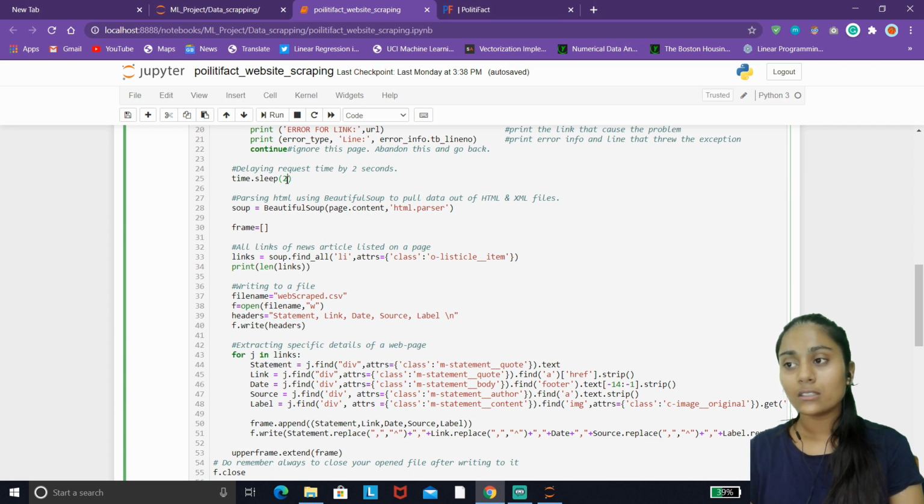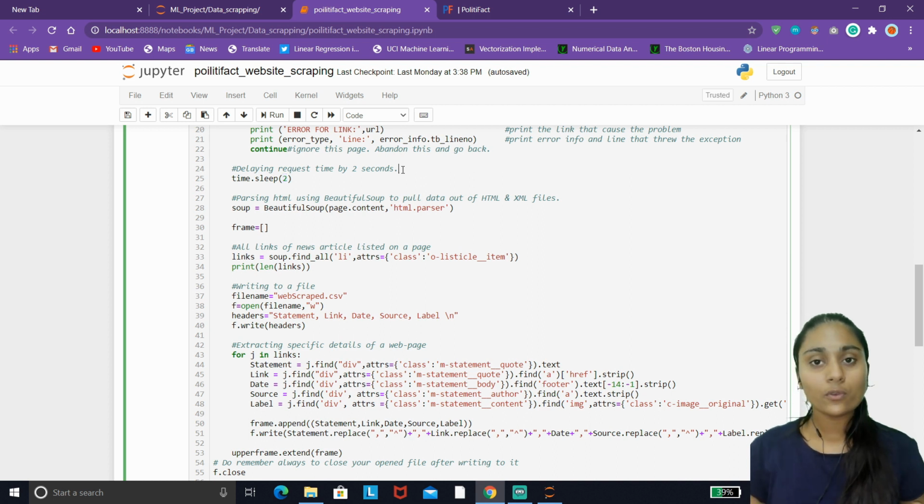The value that we are passing through this function as an argument specifies that it will delay the request time by 2 seconds. So if you don't want to get blocked from any particular website that you are scraping, I must suggest you include this statement in your web scraping script.